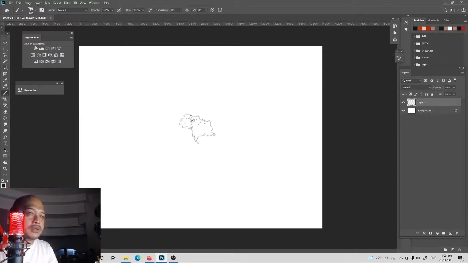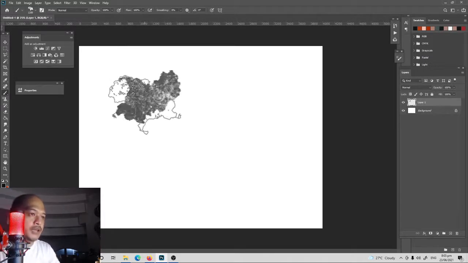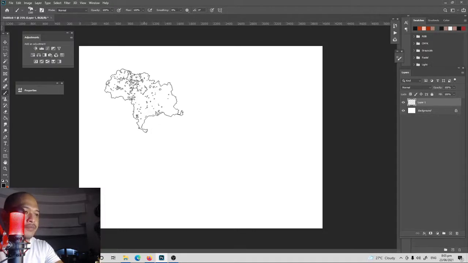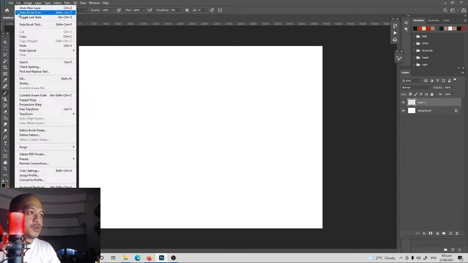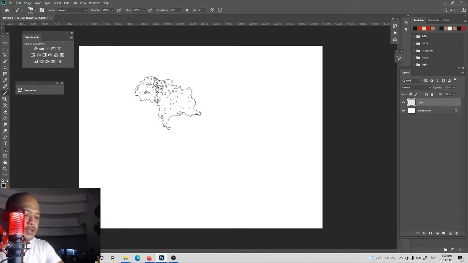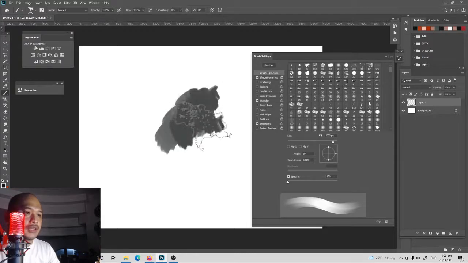For example, in this brush, I'm using a type of brush that I got from an image and then cut out a portion of it using the selection tool, and then converted it into a defined brush preset, so I can use that as a brush. And then I used shape dynamics and transfer for this setting, so to have a smoother